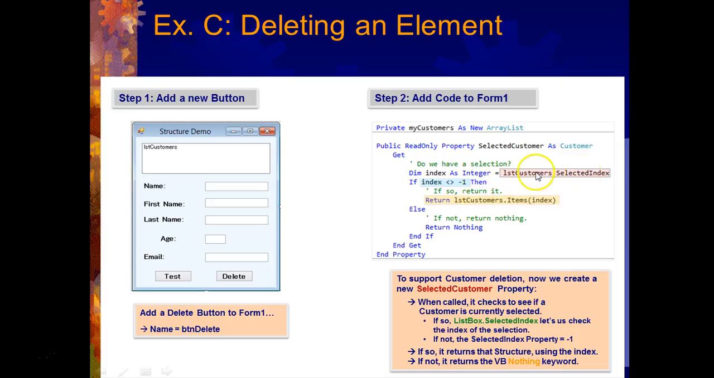So what's he doing here? He's taking that and he's assigning it to an integer. He's creating a new variable called index and assigning that. So here he's reading what has been selected, and then he's storing it in this variable index. Then he says, if index is not equal to -1, in other words, if something has been selected, then return,